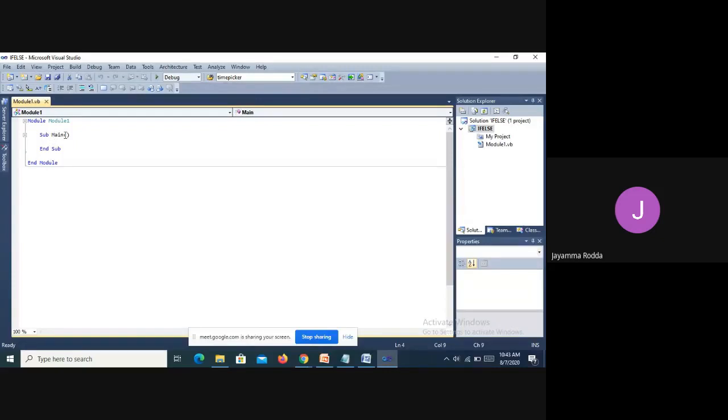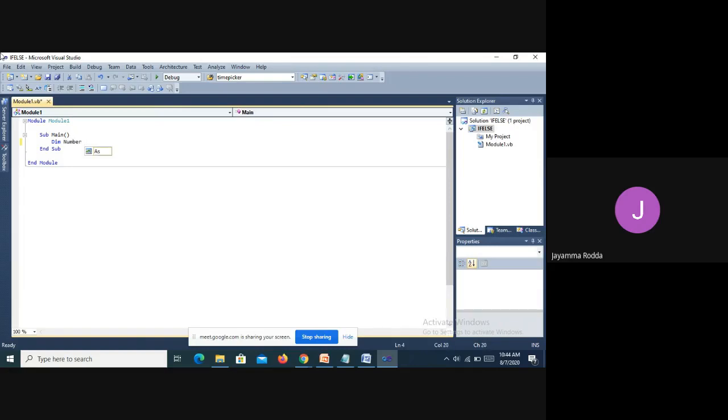And Main, this is the main function within which we are going to write our code. This is predefined. Within it we are going to write our instructions. So first I am going to create a variable: Dim number. Okay, caps lock is on.